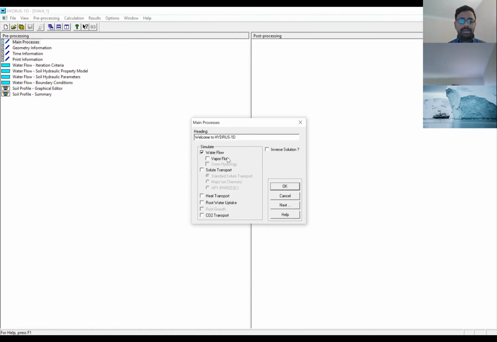As we select the drainage flow, we have options for water flow, solute transport, heat transport, root water uptake, CO2, and the inverse solution. As I mentioned, we have the drainage. Let me show you again what we have as data, and then we'll